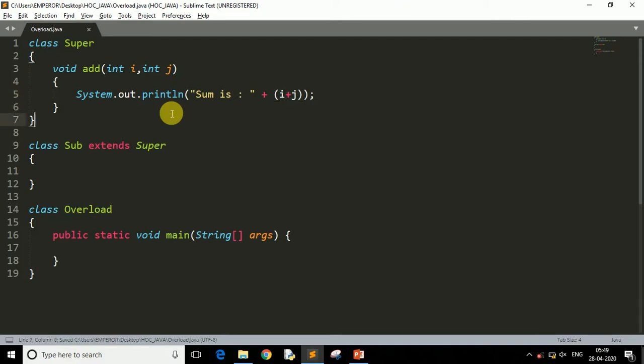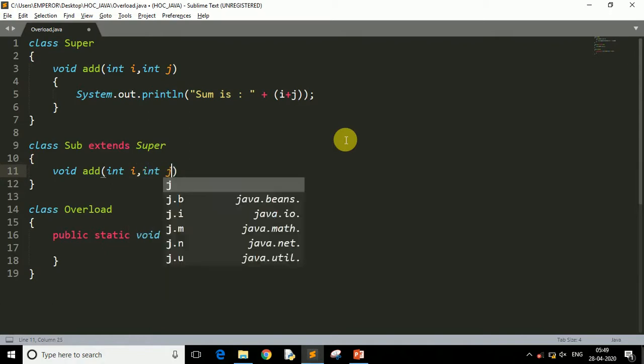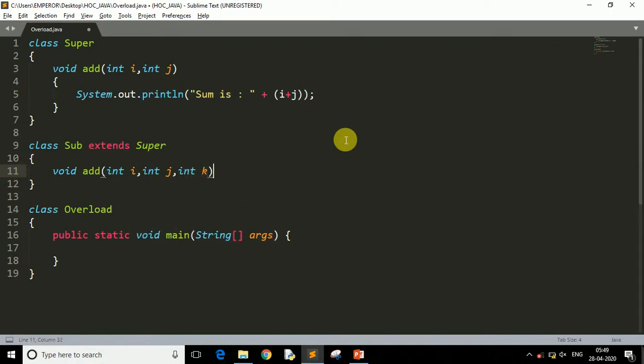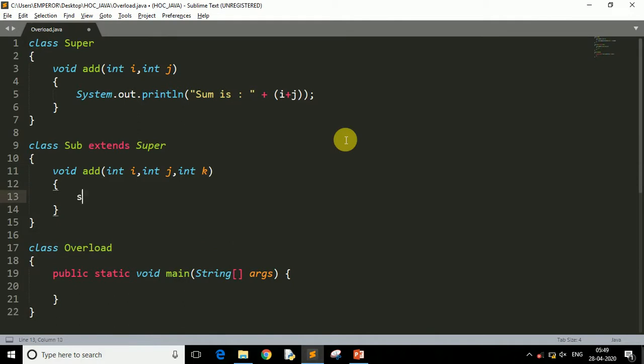And let's say I create the same method here with the name add, because in method overloading the name must be the same, but the argument list must be different, right? So let's say I want to perform addition of three numbers, so let's take three arguments: integer i, integer j, integer k. So this method will perform addition of three numbers.